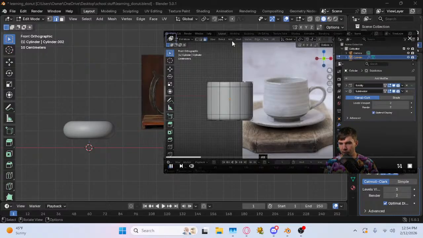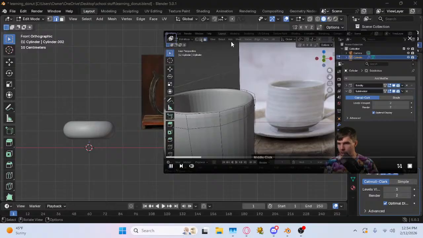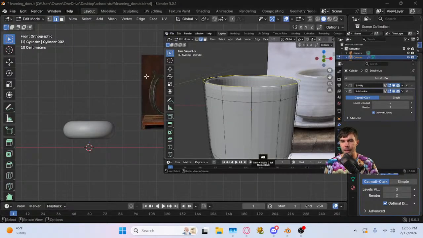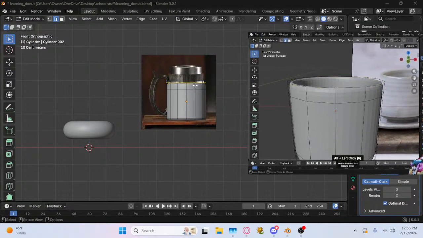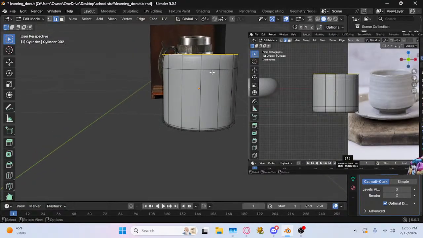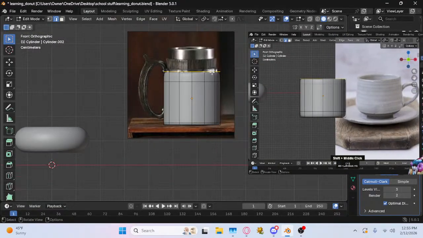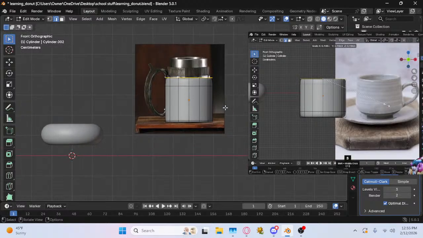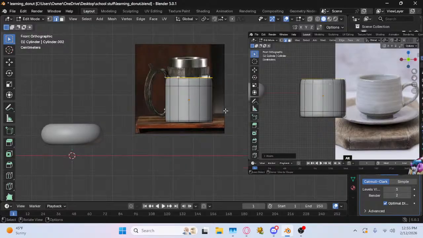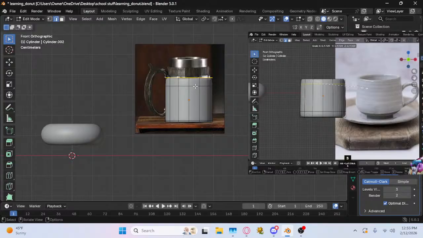So I'm going to hold down Alt, and I'm going to go into Edge Select mode at the top there, and then Alt, and just left click on that line, not on a middle point like here, it'll select a different edge, but just on the middle there. And now I want to scale this in to shrink the size just a little bit. So I'm going to scale that to there, and then I'm going to select the line underneath it and do the same thing. So Alt click on that line, that edge,